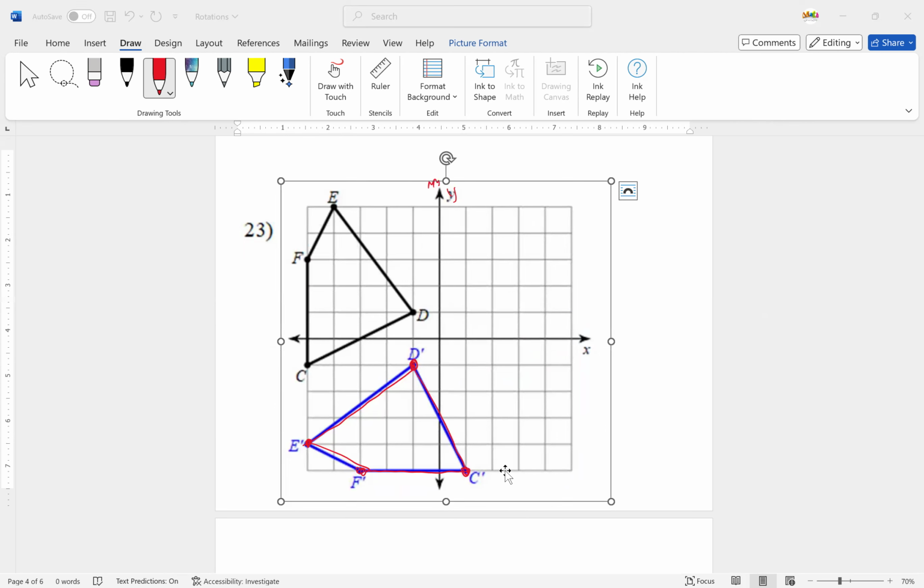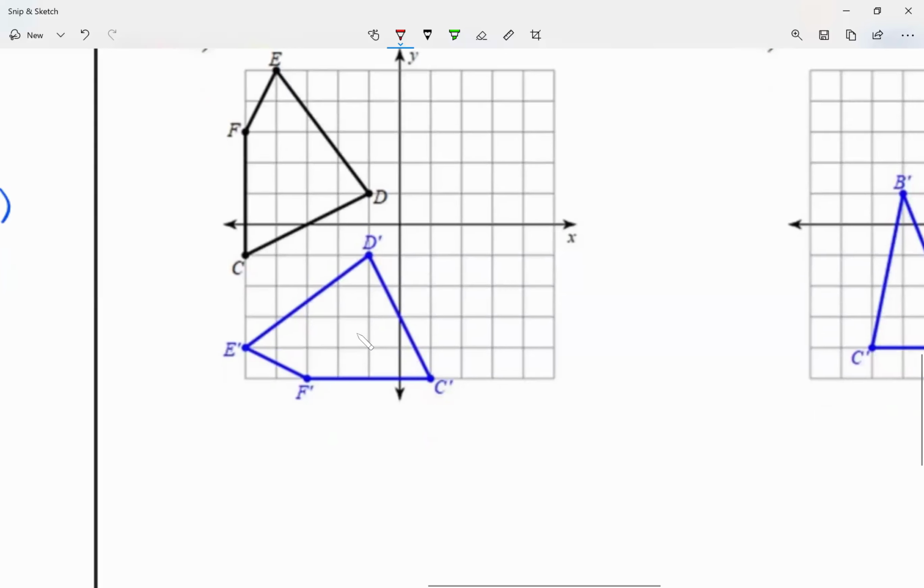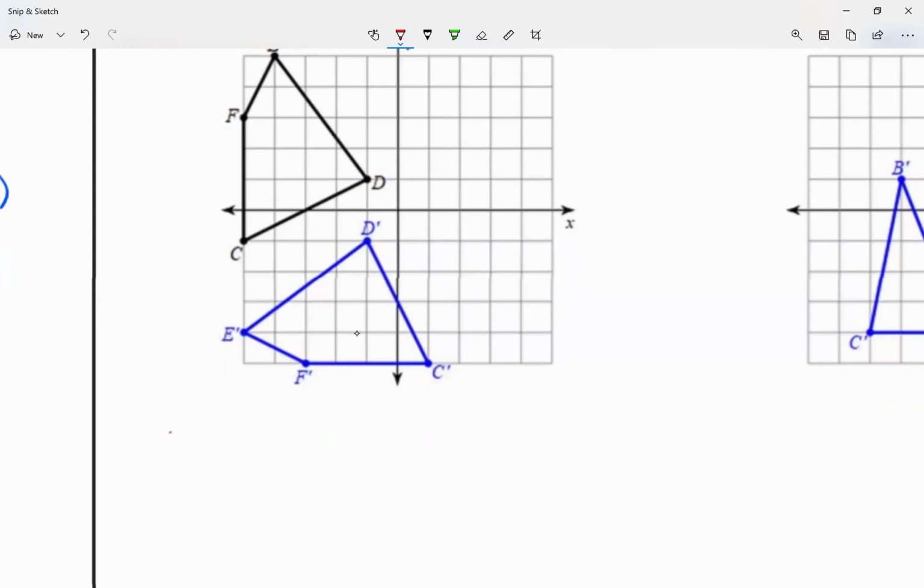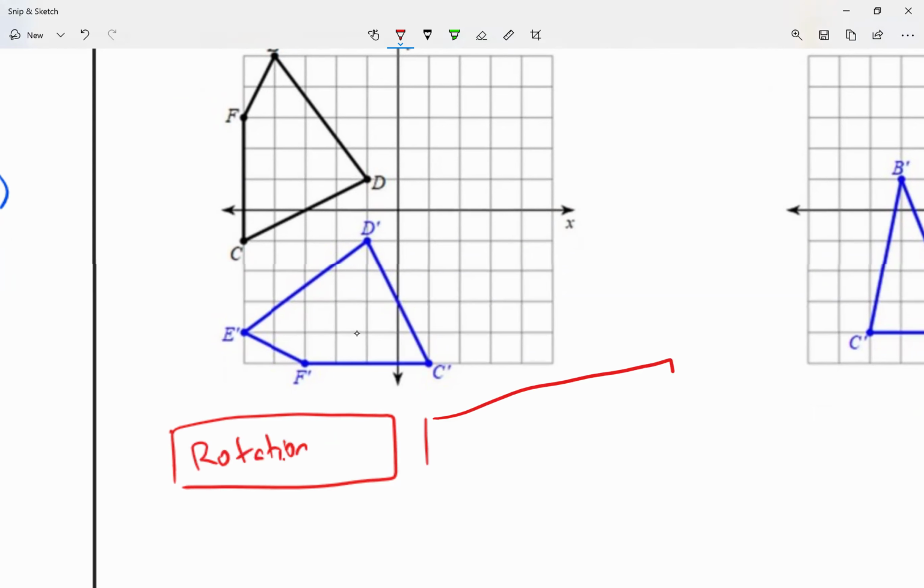So let me come back to our notes here. On my first thing, I'm just gonna choose rotation because remember I just noticed that it was rotation. I'm gonna scroll down to rotation, and then on my second space, I said